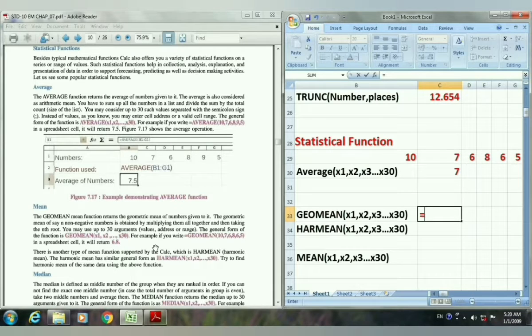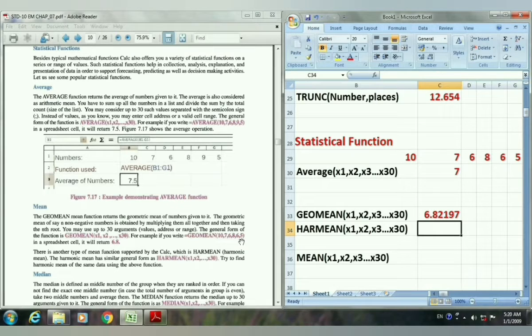So you just type geomean and then double click on it and select the series of cells. Press enter. Here you can see this is the value of geomean, and the same value you can see over here. This is the answer of that function. We are using the same values now.